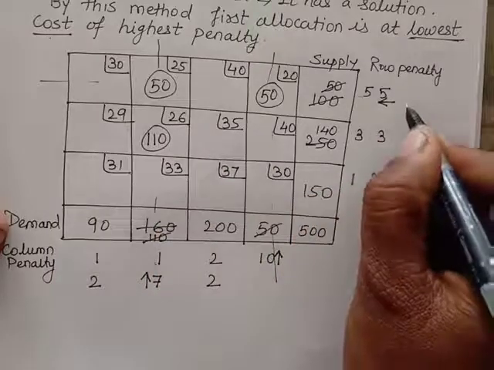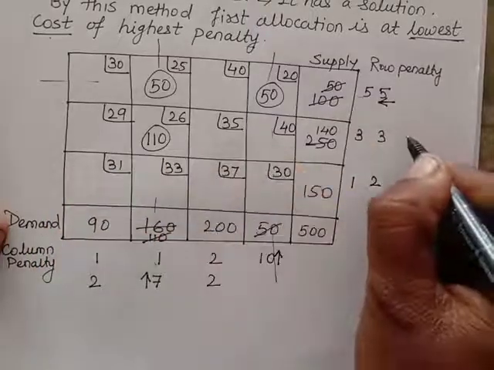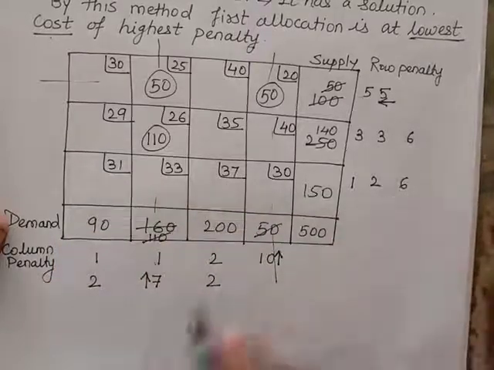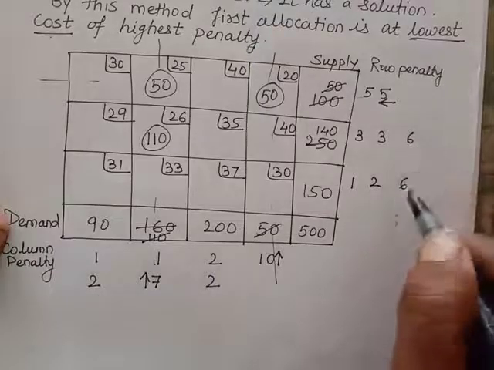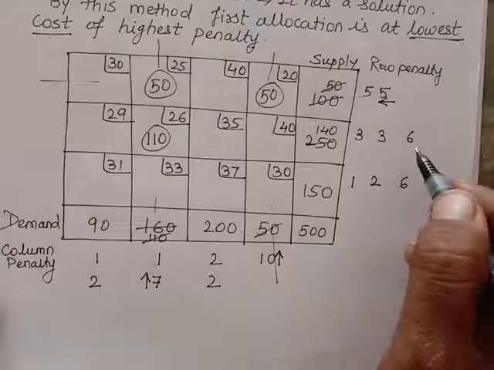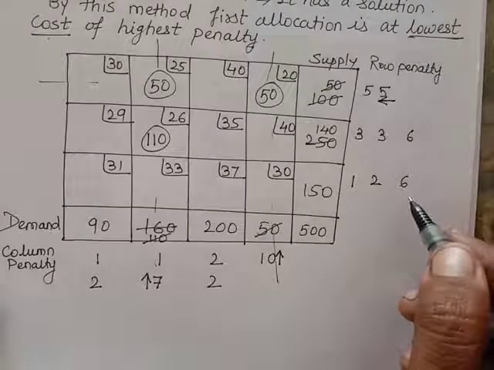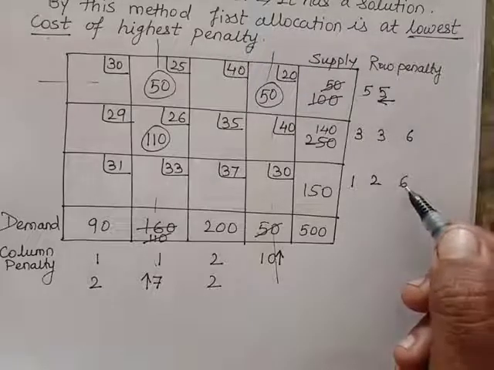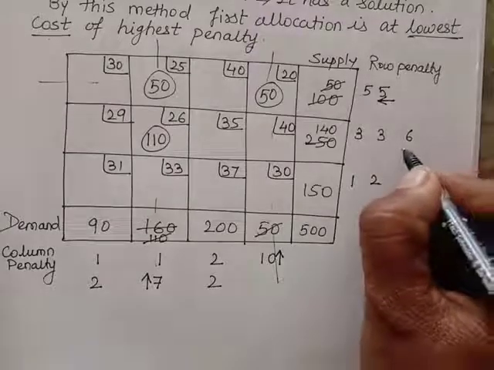Now this row is over, so we won't find that. Simply we will find this: 26 and 35, the penalty will be 6. And 37, the penalty is again 6. Now what is the maximum among 6, 6, 2, 2? These 6 are the maximum. Here ties occur, the penalties are tied. Here also we can take. If such a thing occurs, then we can break it by our arbitrary choice. It's your choice. If one student takes this 6, another student can take the other 6 also. It's after all your choice. Now let me take this 6.